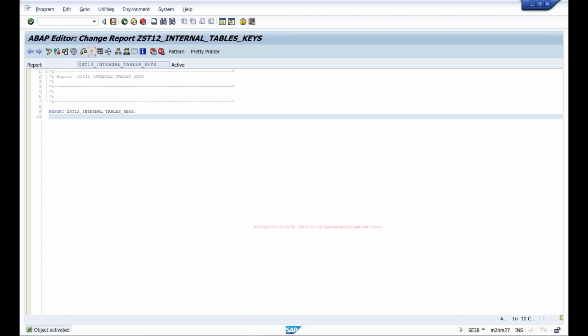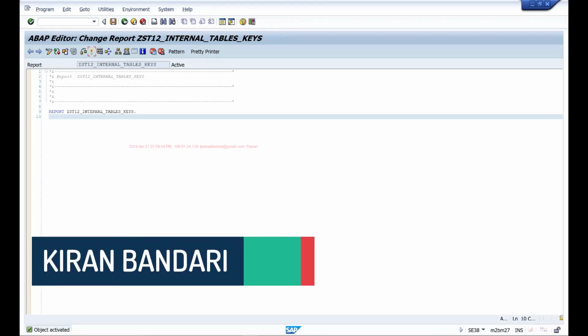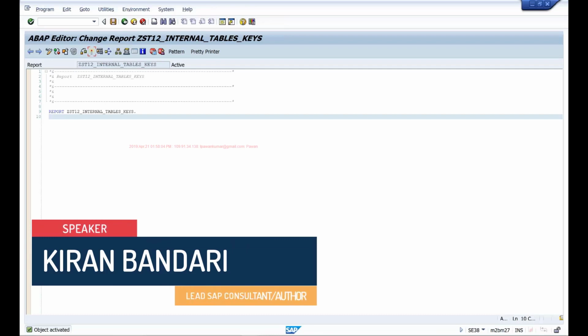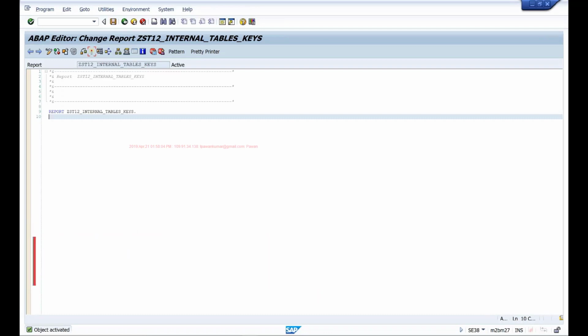So in the last session, we've understood about internal tables. We've discussed different types of internal tables that you can define, and we've seen what the key differences are between these three types of tables. There's something called keys for the internal table, so you can have different types of keys. We've seen that a standard table has a default key, whereas a sorted table can have unique or non-unique keys, and a hash table can have only unique keys.